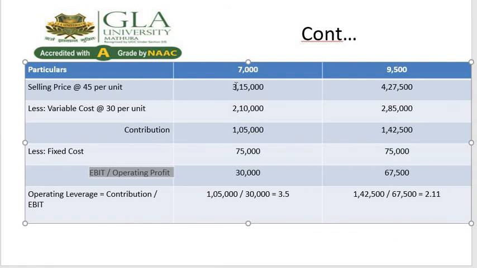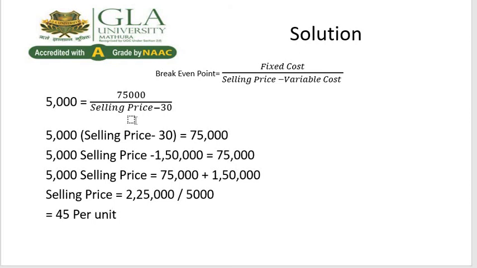After that, we will discuss other numericals in the next class. Hopefully you have understood how to calculate operating profit and operating leverage. If we do not have the selling price, or variable cost, we can also calculate it. If we have a selling price but not a variable cost, and have a fixed cost, then we can also calculate it. If we do not have fixed cost, break even point, selling price and variable cost, then we can also calculate.